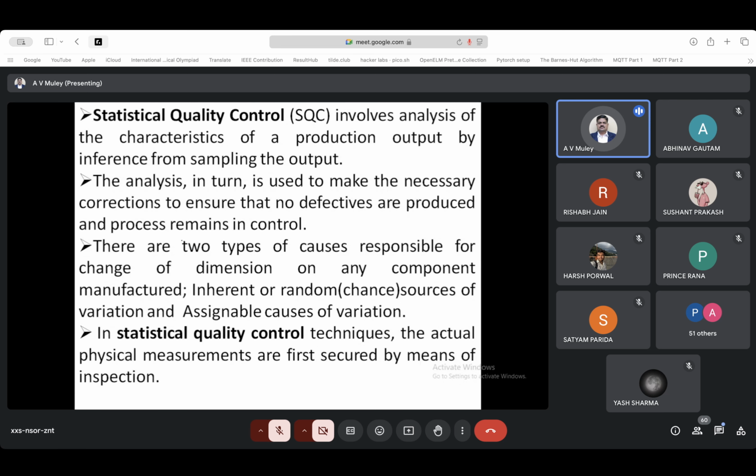तो स्टैटिस्टिकल क्वालिटी कंट्रोल इन्वॉल्व एनालिसिस ऑफ कैरेक्टरिस्टिक ऑफ प्रोडक्शन आउटपुट बाय द inference from sampling the output. The analysis is in turn is used to make a necessary correction to ensure that no defectives are produced and process remain in control. नो डिफेक्टिव तो नहीं हो सकता लेकिन मिनिमाइज हम लोग कर सकते हैं उसमें ऑब्जेक्टिव होता है बेसिकली कि डिफेक्टिव नहीं होने चाहिए लेकिन इट इज वेरी डिफिकल्ट टू एंश्योर अबाउट द जीरो डिफेक्ट तो उस केस में फिर